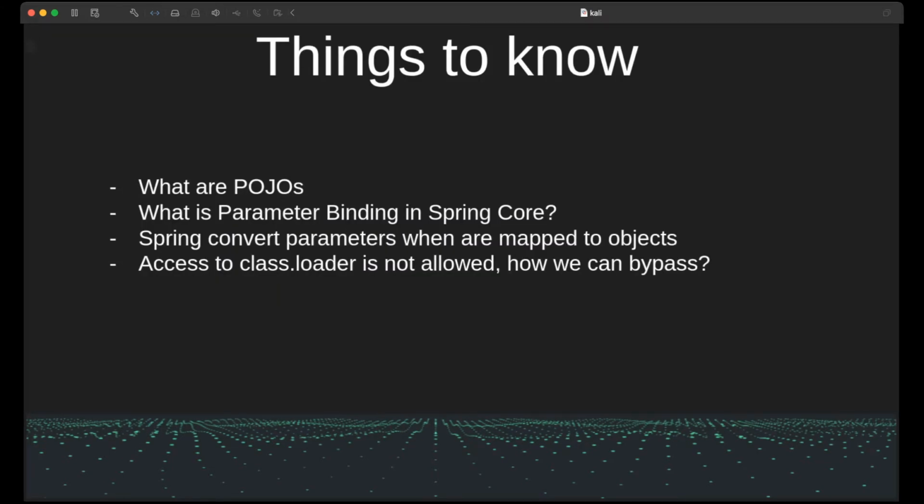First of all, we have to understand what a POJO is in Java. We have to understand what binding a parameter is in Spring Core, or also normally in Java, and we will see after that this particular vulnerability uses some kind of bypass to load the class loader class. We will look specifically at which bypass was